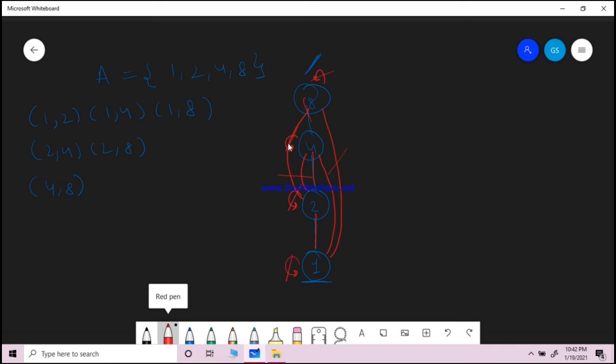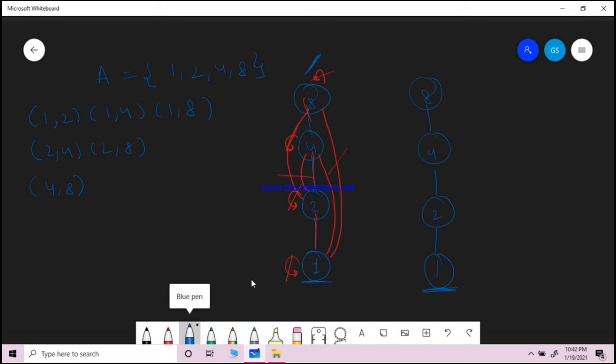So this is how we draw a Hasse diagram. The actual Hasse diagram is like this: the lowest element is the one from which all the elements are connected, and then you have to move on. Not every time will the graph be like this. As the question changes, your graph will also change.